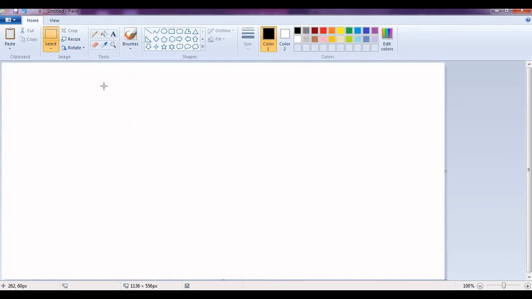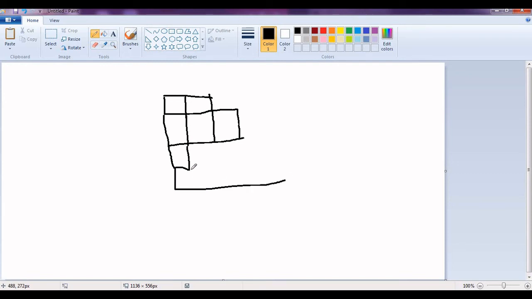But now we want to create an array that will look like this: 2 elements in the first row, 3 elements in the second row, 1 element in the third row, and 4 elements in the fourth row. This is basically an unstructured array.